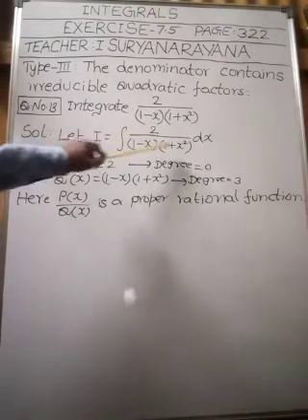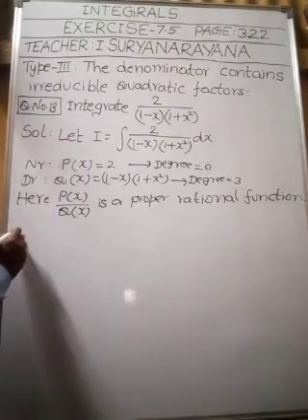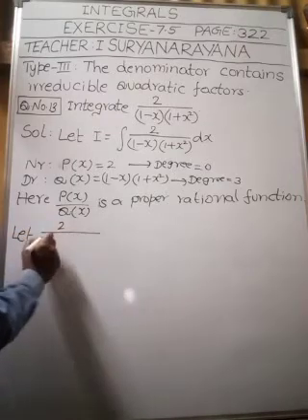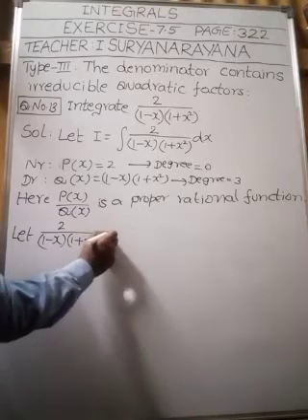This integrand is a proper rational function, so we write partial fractions. Let 2 by (1 minus x)(1 plus x square) be equal to